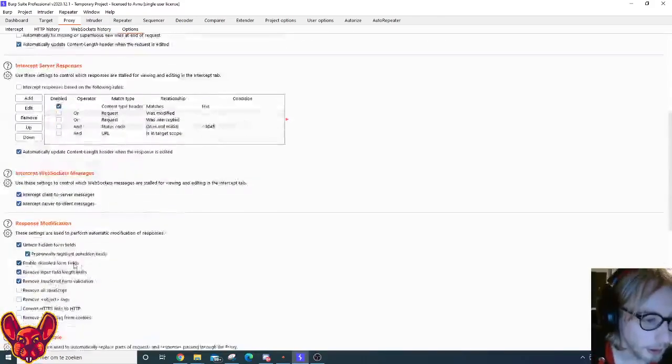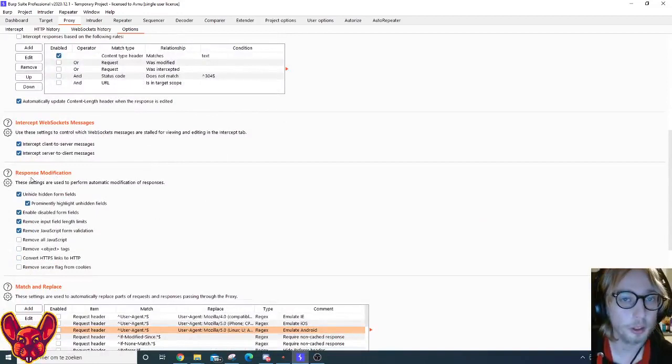And in here, if we scroll down a little bit, we can see the response modifications. Now, this is really cool, these response modifications. I always click on unhide hidden form fields because, of course, they are hidden for a reason and I want to know why. And I prominently highlight those unhidden fields. What that will do is it will draw a big red square around those fields, and then I will easily notice what's going on. I'll enable the disable form fields as well, and I'll remove any input field length limits,